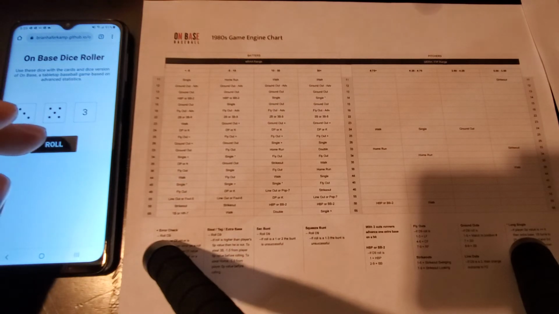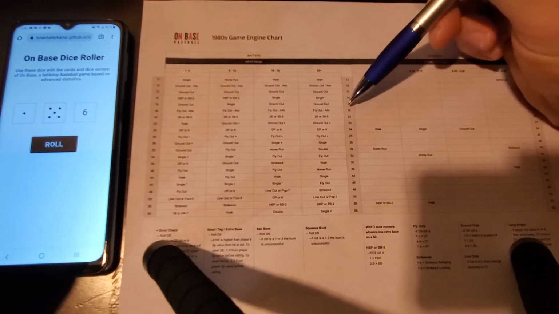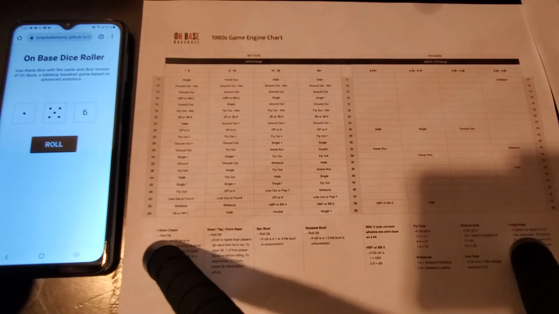A single will score him from Andre Dawson. A 1-5 to the Hawk is going to be a ground out. He grounds out to the shortstop. It's the 3rd out of the inning. So the Expos can't capitalize on the hit that they get in the inning, and they get a man to second base with 2 out and can't come through with the clutch hit. So still 7-3 as we go to the top of the 8th inning.